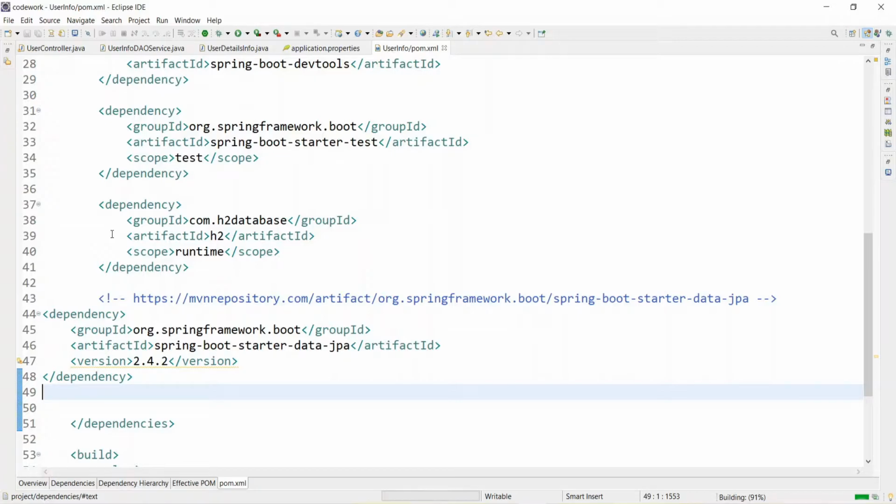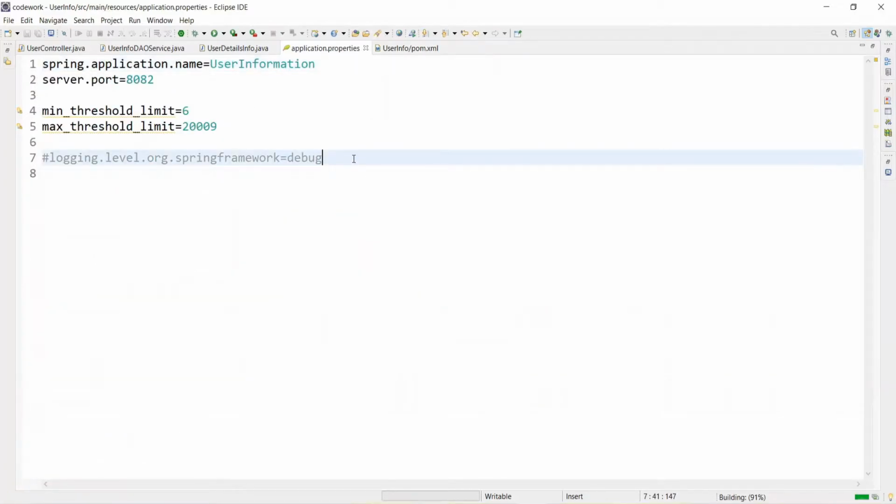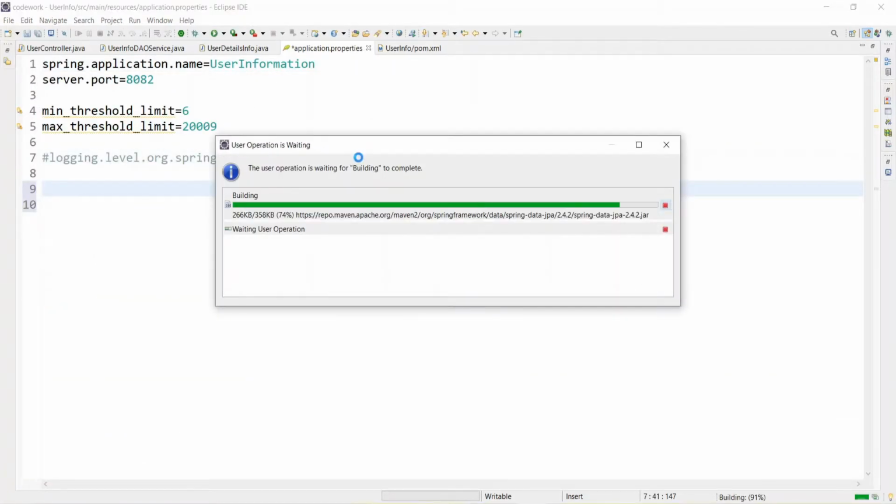Moreover, suppose you want to see whatever query you have executed; it should show on your console. For that, you can configure it in application.properties. You can do spring.jpa. It's still downloading, so wait for some time.